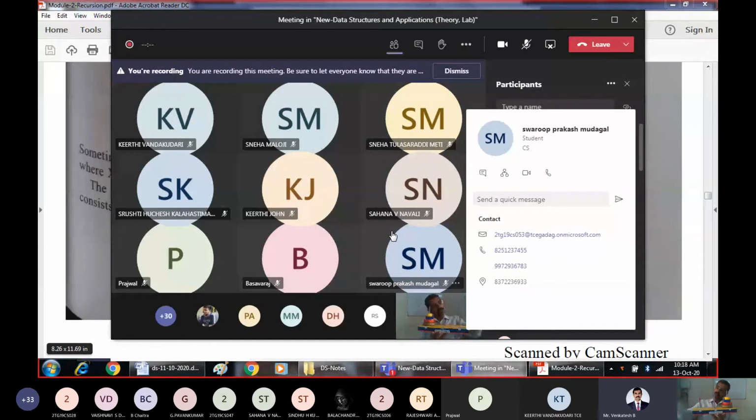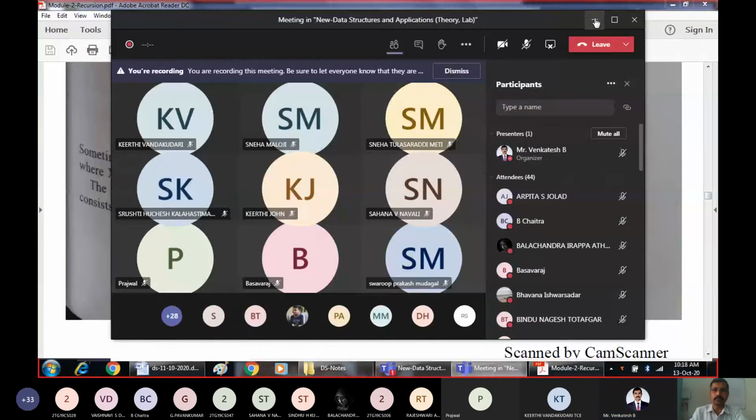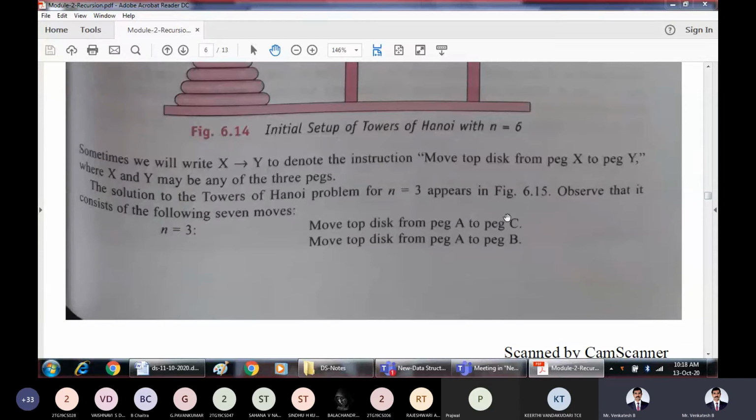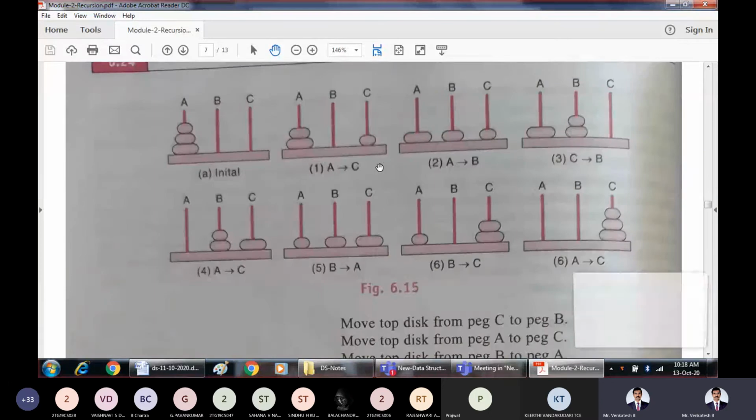So now let us try for 4 disks first. When there are 4 disks, what approach do you have to follow to move the disks from A to C? There is one recursive solution for this, which will help us automatically come to know the number of movements we should use in the case of the Tower of Hanoi problem, right?